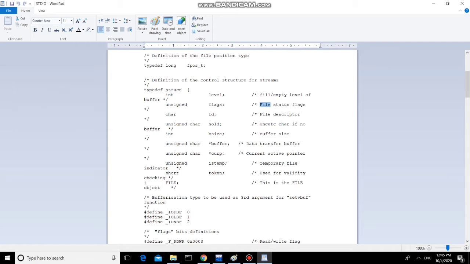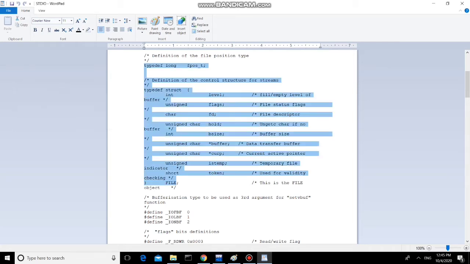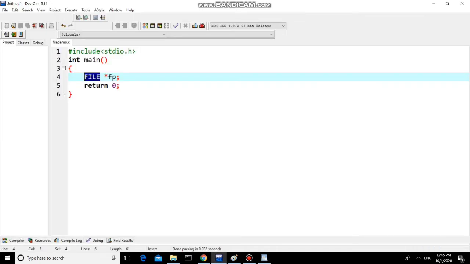These are the members: level, flags, fd, hold, bsize, buffer, current active pointer, is temporary file, token, and so on. So this is the FILE structure.